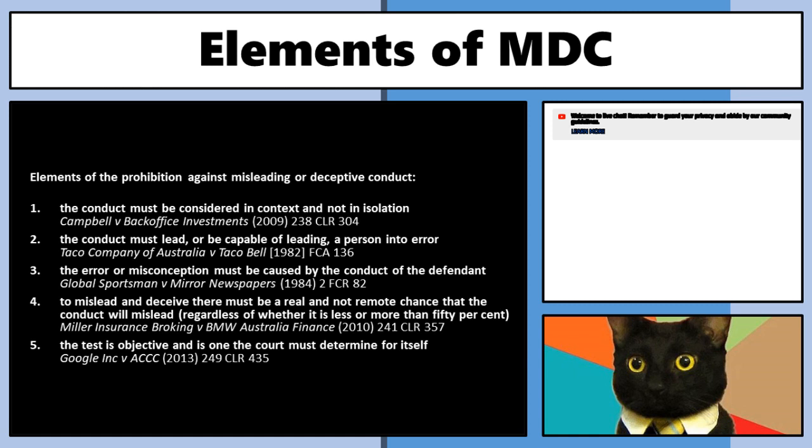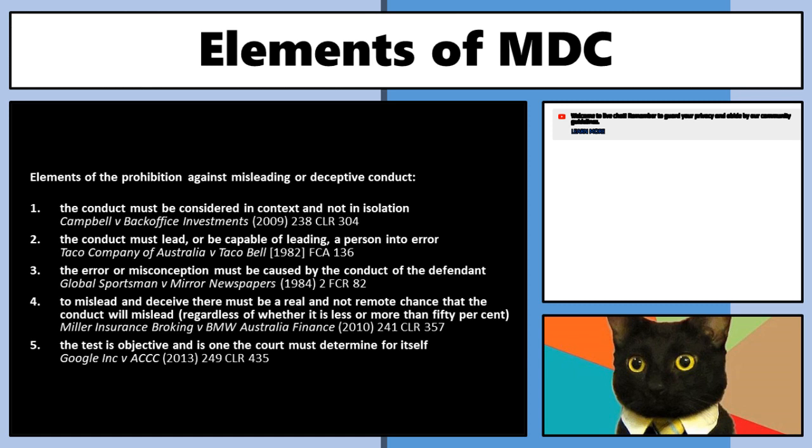All right, so first thing to note is that it's not about information or representations going to another person. It's far wider than that. It's conduct. Intentionally, it is far broader in scope. And so there's a bunch of things that they do when they're trying to describe and define these things. Also note that most of these cases actually predate the CCA. They're all under the equivalent definition in section 52, I think it is, of the Trade Practices Act. So just make note, if you're reading these cases, that is where that comes from.